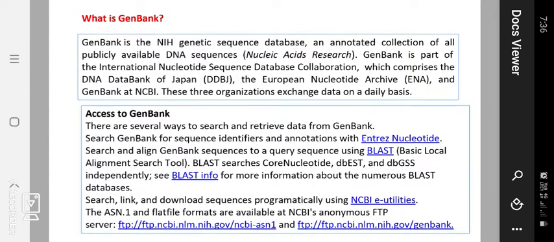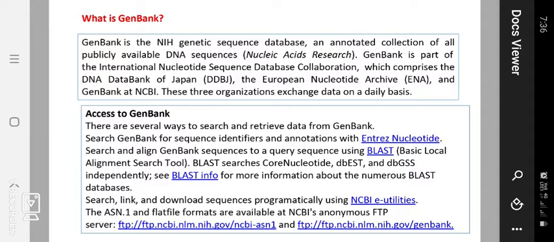GenBank is the National Institutes of Health genetic sequence database. It is a collection of publicly available DNA sequences, called the Nucleic Acids Research center.